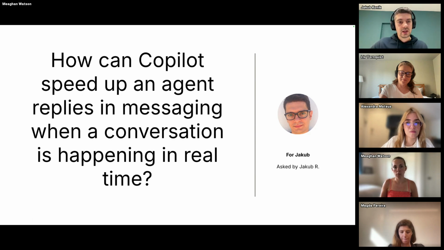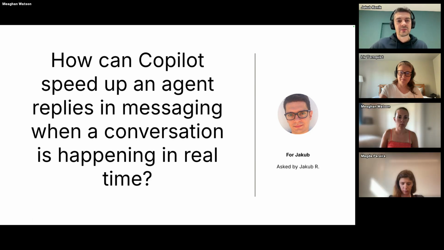So that's one way. And there are other features that can be helpful depending on the problem that the agent is facing. So maybe if they are typing something really fast, they could use the expand function of enhanced writing.